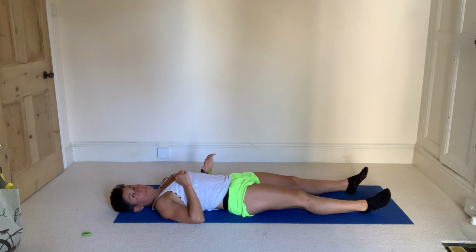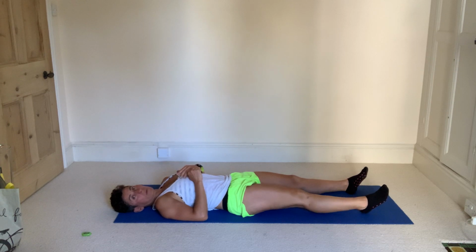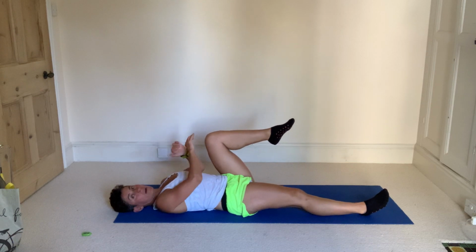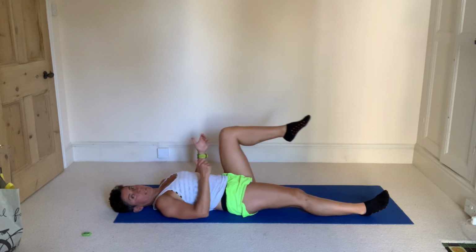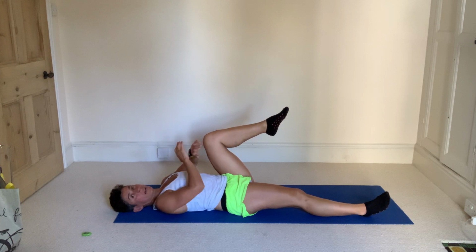I'm going to try the same thing on the other side. So ideally you would have been able to hold that leg past that 90-degree point, the hip flexion past that 90-degree point. I'm going to try the same thing with the left. So bring the left leg up, I'm going to get to that 90 degrees and then a little bit further, then